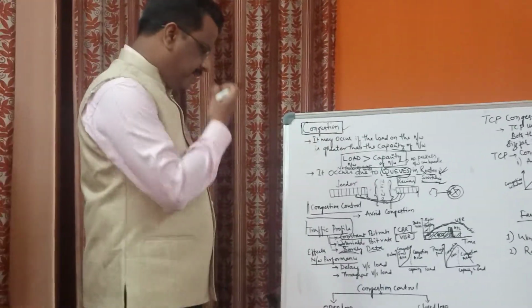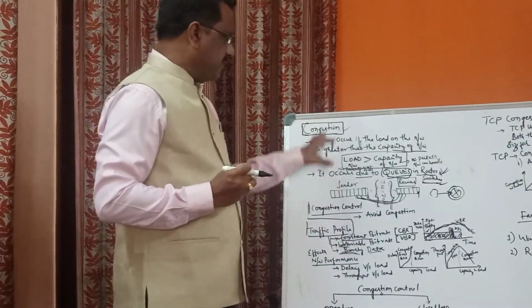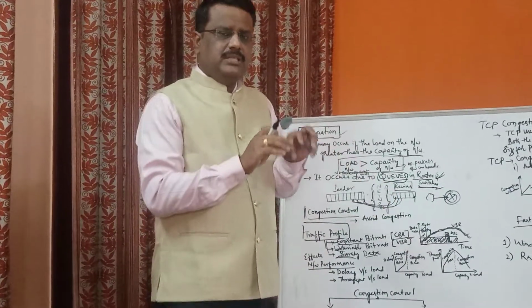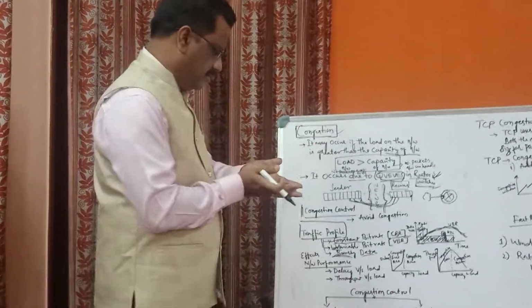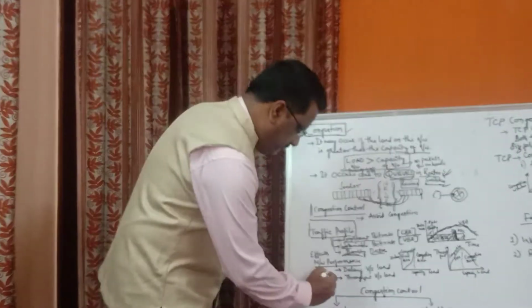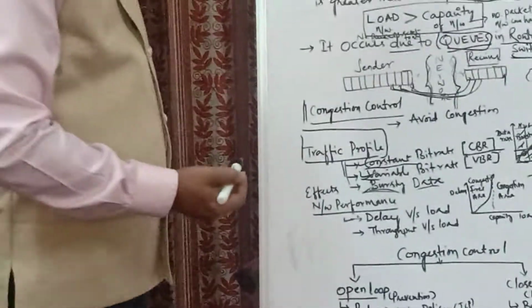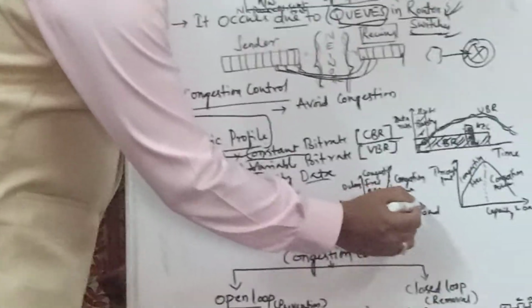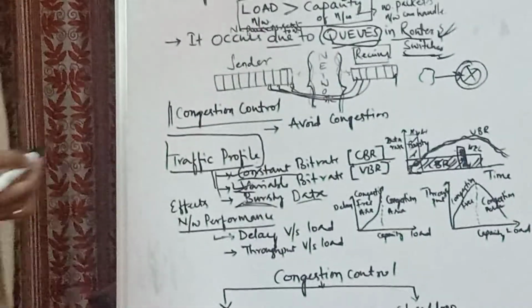Then what are the effects of this? This is very important for us because of the effect of congestion on network performance. That plays a very important role because the overall throughput of the system gets reduced, so we have to concentrate on that. Now we can see the network effects or network performance. The first one is delay versus load. As I already told you, if you take the load on the x-axis and the delay on the y-axis. So as I earlier